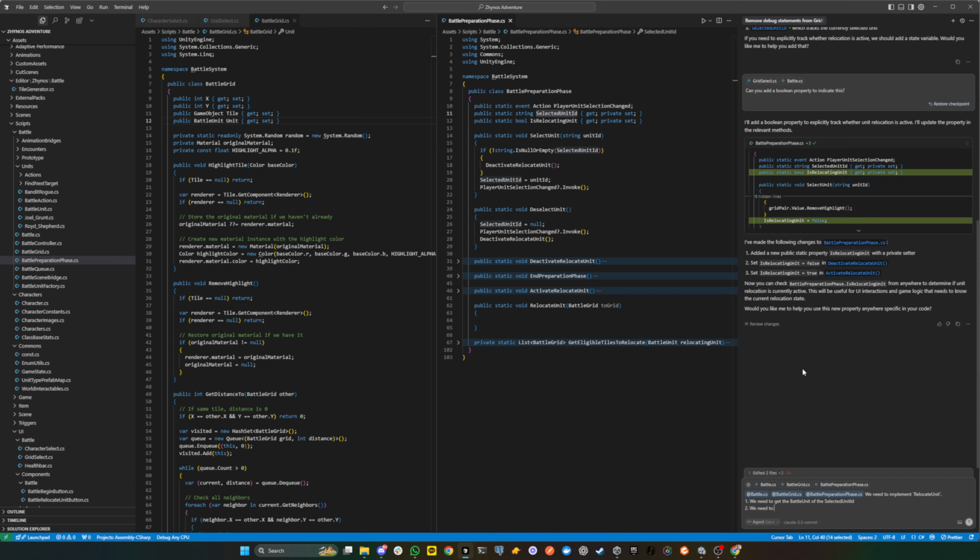The battle grid should have a set, sort of, okay, we need to add a method called place unit, where we will